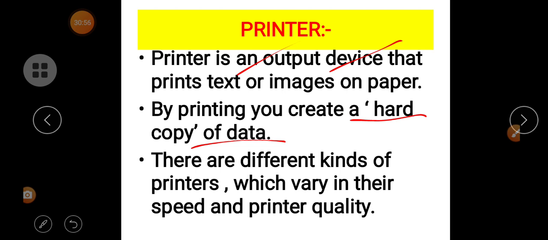There are different kinds of printers which may vary in their size, speed and print quality.